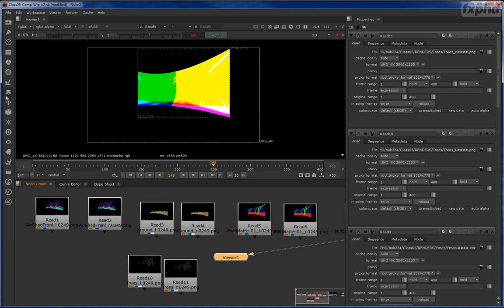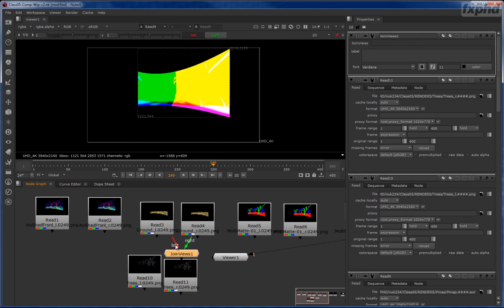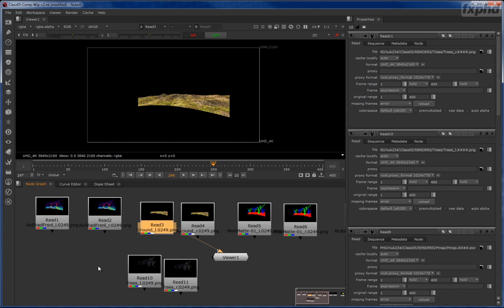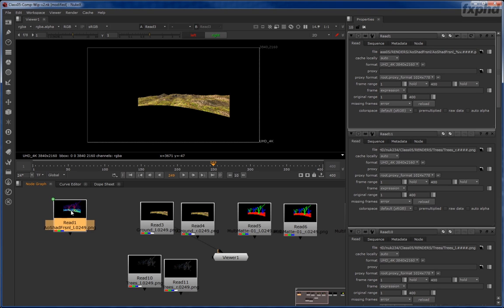So what we have to do is, first of all, we could grab a join view node, and what that's going to do is combine the left and right views together into a single image stream. But a more efficient way of doing this is what I'm going to do, which is go into each left eye and substitute the L right by the frame number with a %V. And what that's going to do is turn this into a multi-view loader. And then I can get rid of the other eye. So now this image and this image will now be